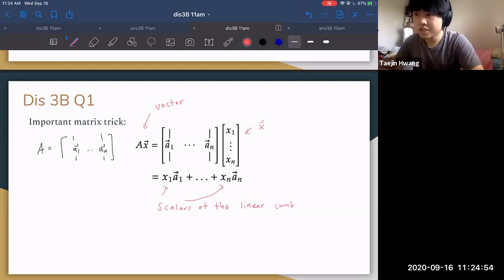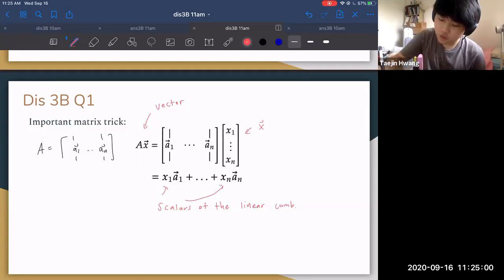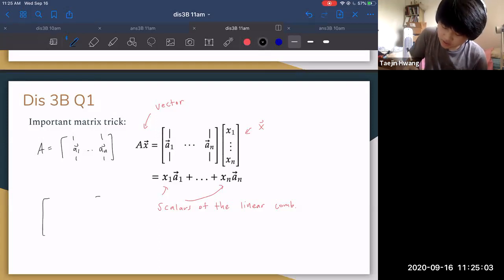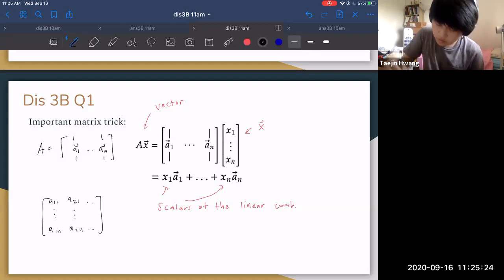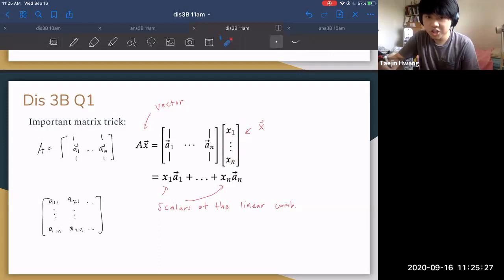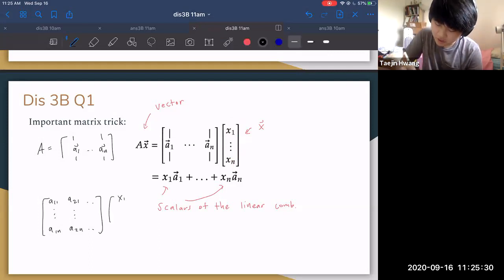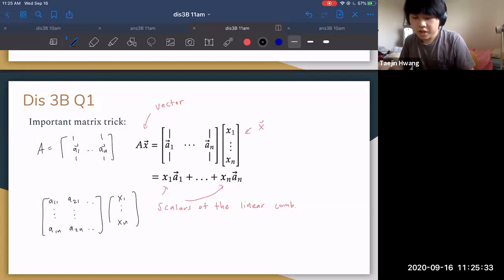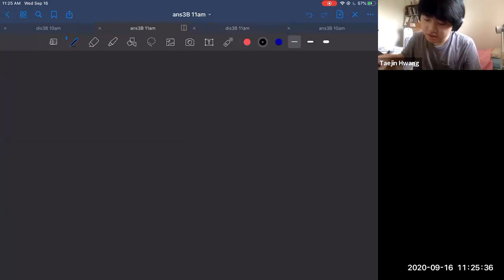So this is a really important fact to know about matrix multiplication. And if you aren't quite sure why this is, I would recommend, to prove this, writing out the individual entries like A11, and so forth. You can essentially show that the properties of matrix multiplication hold if you multiply this by x1 to xn. Anyway, with all this in mind, let's actually take a look at the